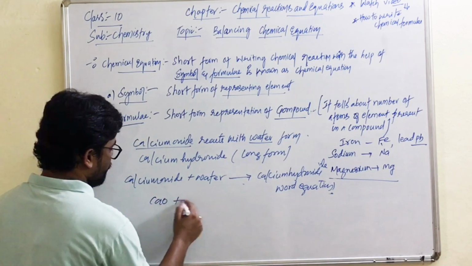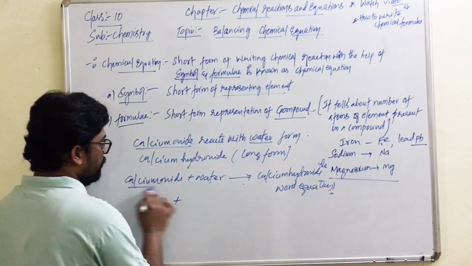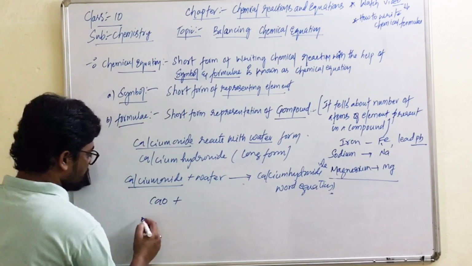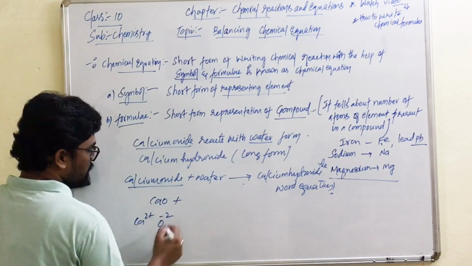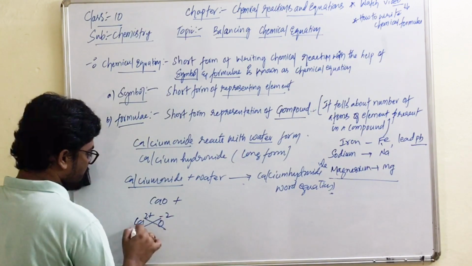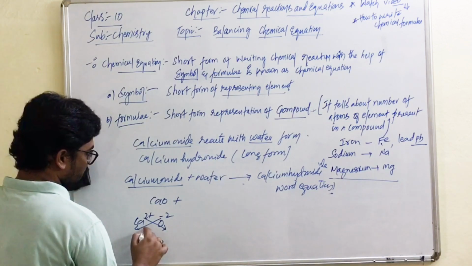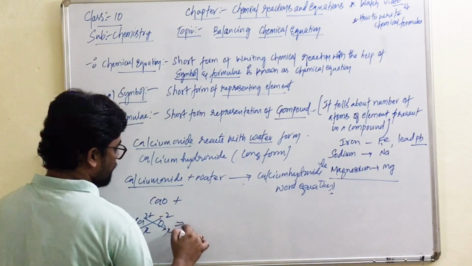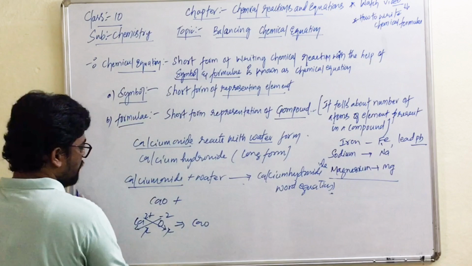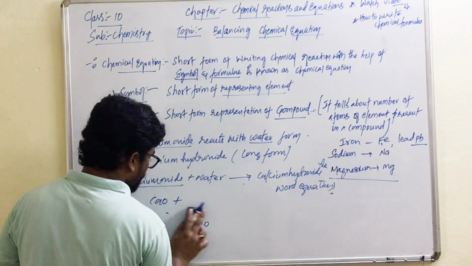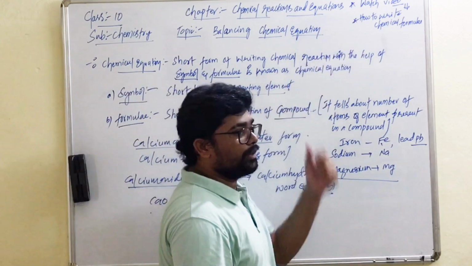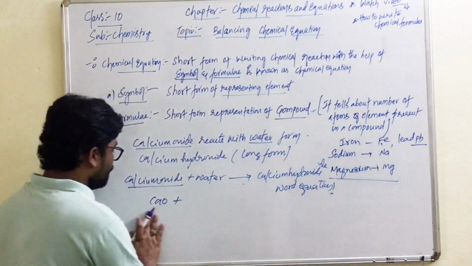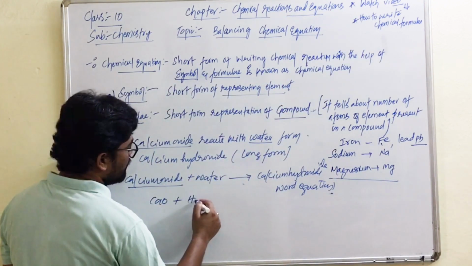It is CaO. Right? How do we write the formula of calcium oxide? What is the charge of calcium? It is 2 plus. Charge of oxygen is minus 2. Just cross the charges. As the charges are the same, we can cancel out. Now the formula becomes CaO. Right? If you don't know how to write a formula, please watch the previous video, where we showed how to write a chemical formula. So the formula of calcium oxide is CaO, water is H2O.